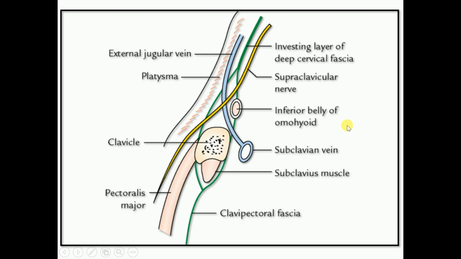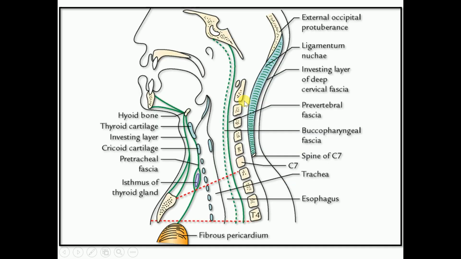Now when we trace downwards, the fascia splits to enclose two spaces. Above the suprasternal notch, it splits into two layers and encloses what is called the suprasternal space of Burns, before being attached to the anterior and posterior borders of the suprasternal notch. Now, what are the contents present in the suprasternal space? That is the sternal head of the sternocleidomastoid muscle on both sides, as well as the interclavicular ligament and the jugular venous